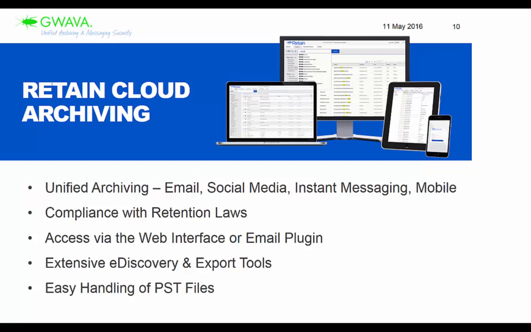Plus, with mobile, Retain integrates directly with BBM Protected, so BlackBerry Messenger Protected, for secure and encrypted mobile messaging there, to be able to archive those as well. And Retain gives you the ability to archive mobile phone calls as well. So that's a little bit about the mobile, but that's how it works with each different piece. With email, it ties directly to the server, whether that's Exchange, Office 365, Gmail, or GroupWise, pulls the messages down directly and archives all those types of messages. And then for social media, instant messaging, and mobile, I talked on how that works as well.